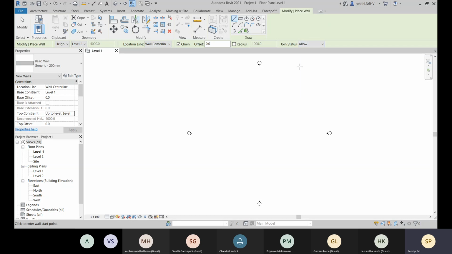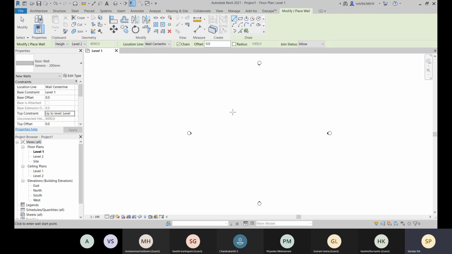I'm coming to what the joint status is. Just see that the joint status is right now in this allow condition. It is in the default condition. Now about the location line, center line. When I start placing it from this point, I am justifying the center line of the wall.